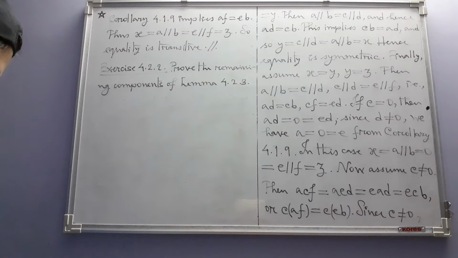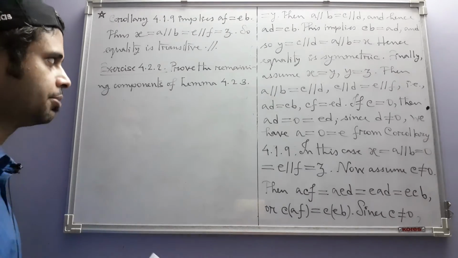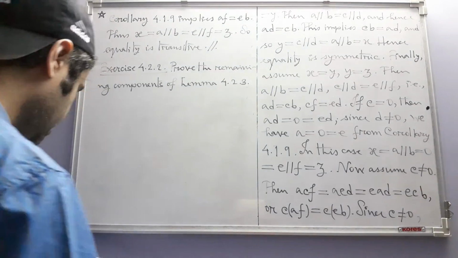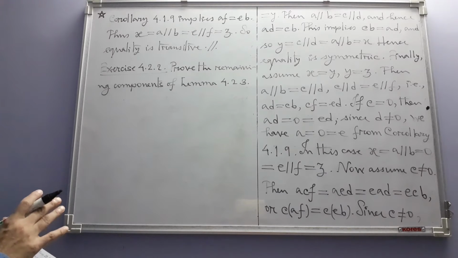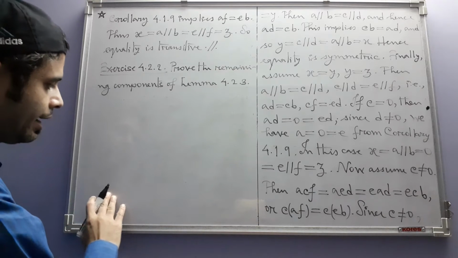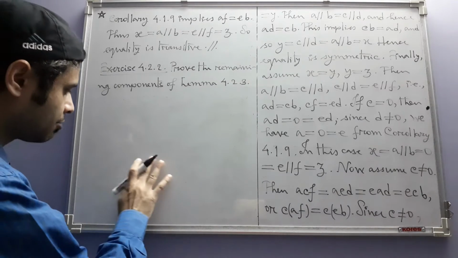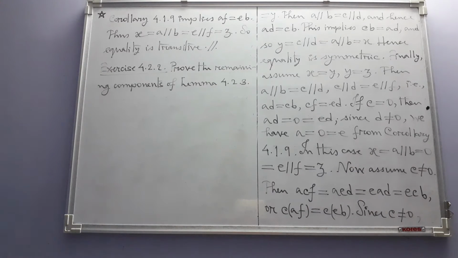So in this lemma, this is the one where we had to prove that addition, multiplication and negation, these three operations are well defined, that if we replace any of the input by an equal input, it does not affect the result of the operation. So it's that one. And there, if you remember, we have proved that addition is well defined. So now we have to look at multiplication and negation.